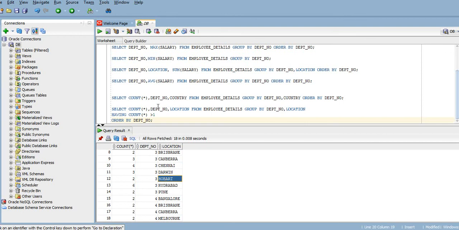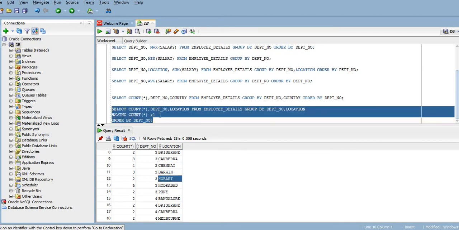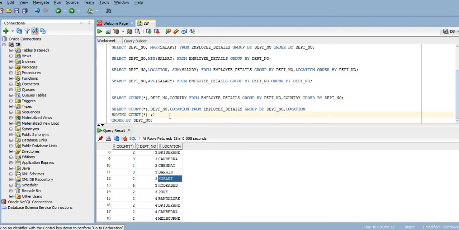So in this way we can group the data. Based on the last query, which is very important and very useful for us, we can get a result, and based on this result we are adding one more filter condition on this count.